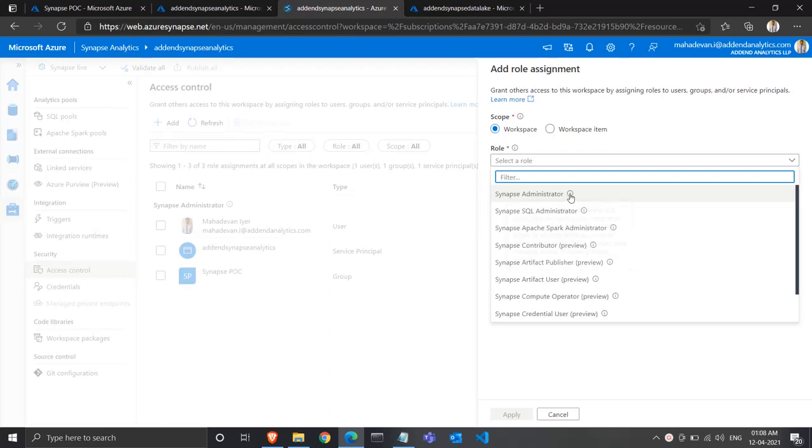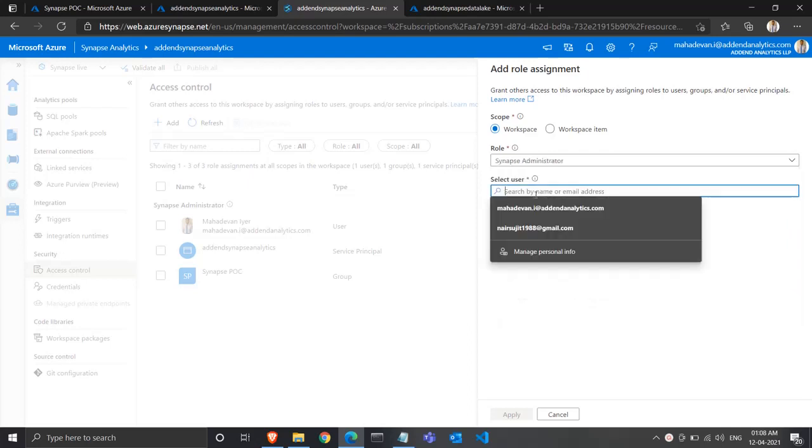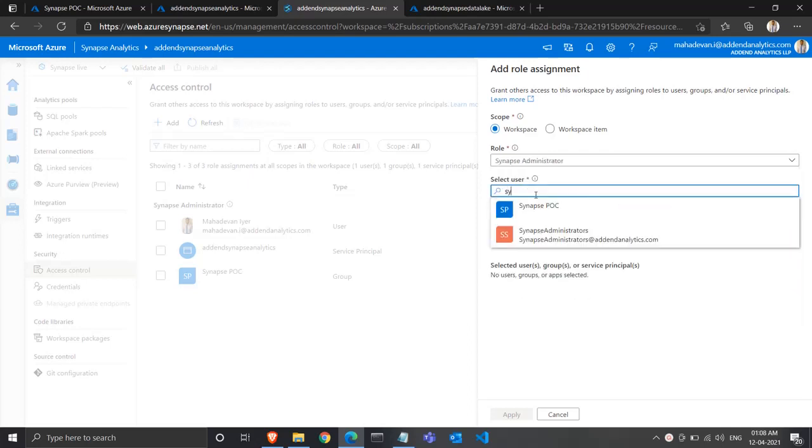When I assign the role of Synapse administrator to our security group, it will grant full access to the users in that security group to the serverless SQL pool, Apache Spark pools, as well as the integration runtimes and everything in the workspace. According to your requirement, you can assign the roles, but I'm going to assign the Synapse administrator role to our security group that we had created earlier.